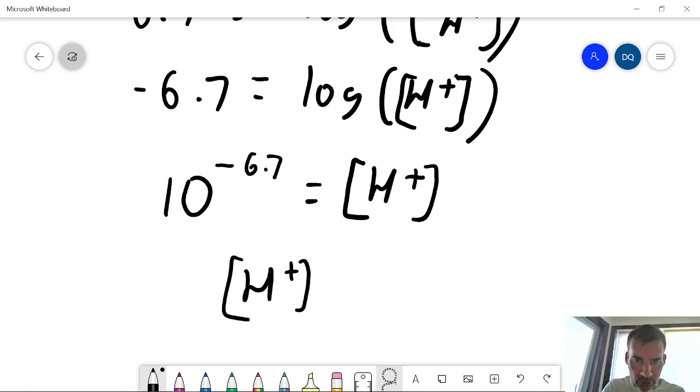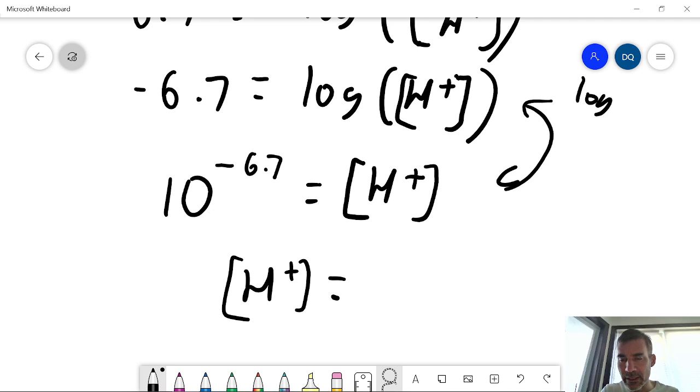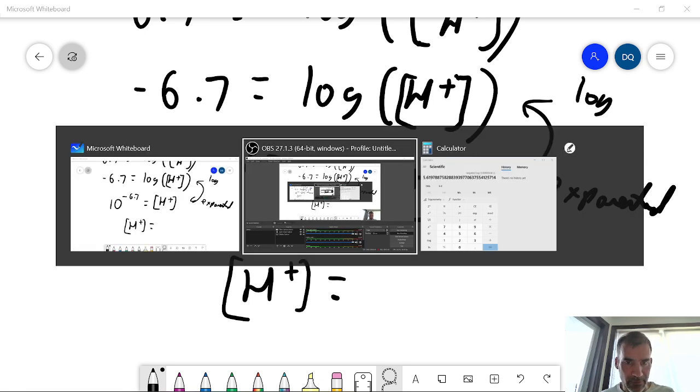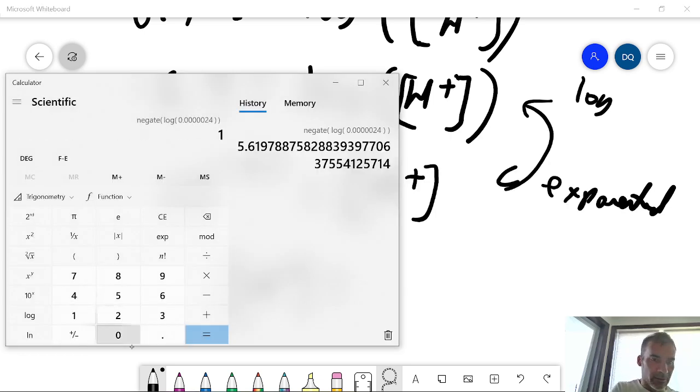If you're unsure how to do this, look at the introduction to logarithms. You need to be able to work seamlessly between the log form and the exponential form. So this is 10 to the negative 6.7. You can use your calculator for that. 10 to the exponent negative 6.7,